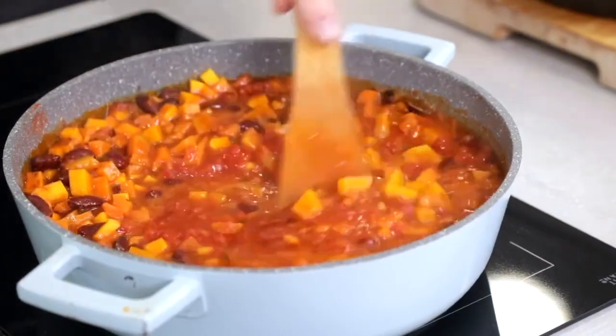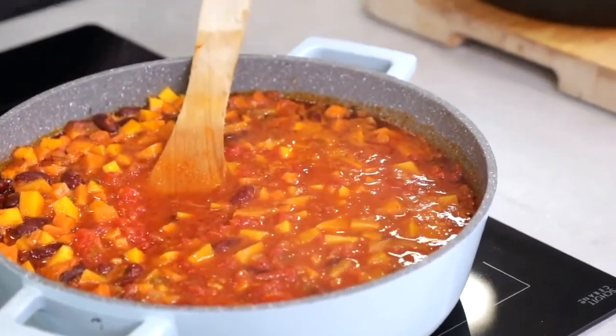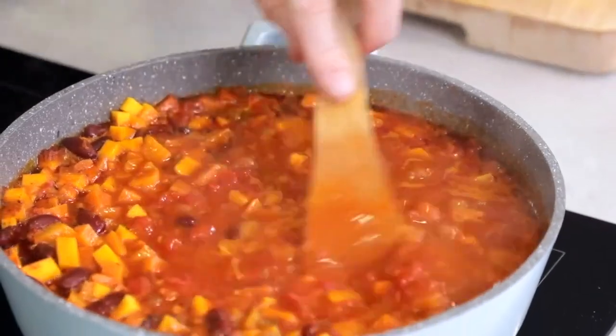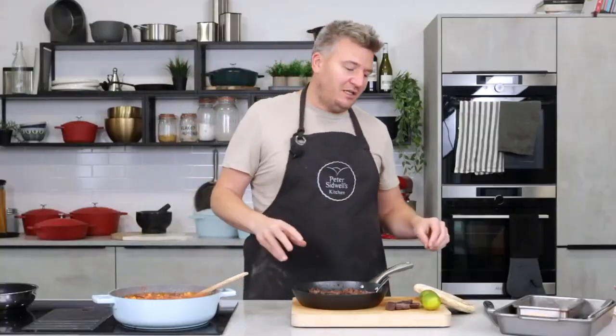So this is our core base, our vegetarian chili. Sweet potato, butternut squash, kidney beans. We've got smoked paprika in there. We've got cumin, we've got thyme, we've got chili, we've got garlic, we've got beer, and we've got chopped tomatoes, and it is all just marrying together, and that is going to be delicious once you've put a little bit